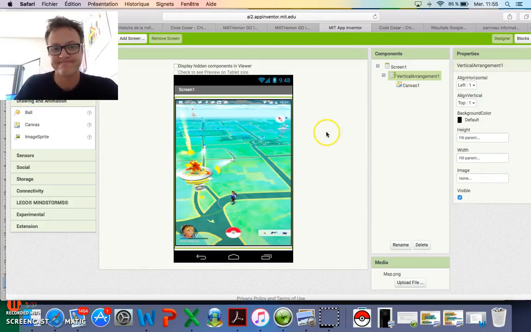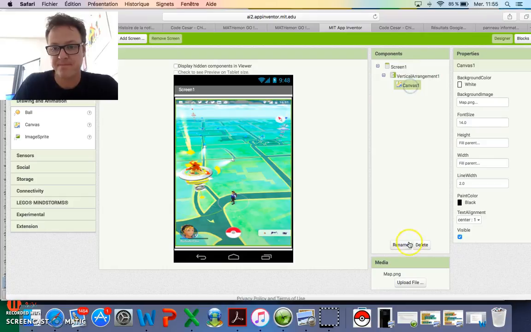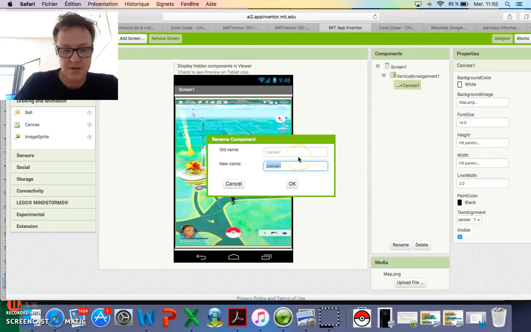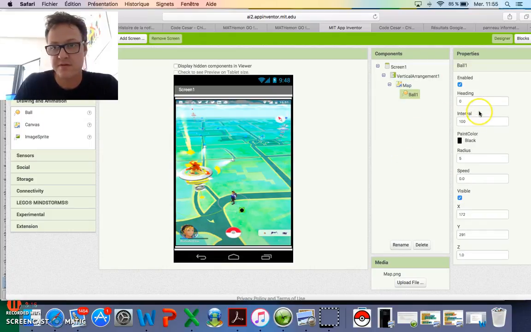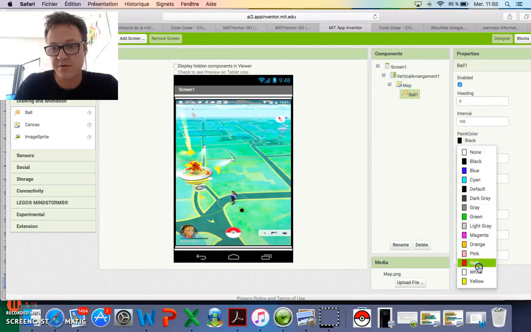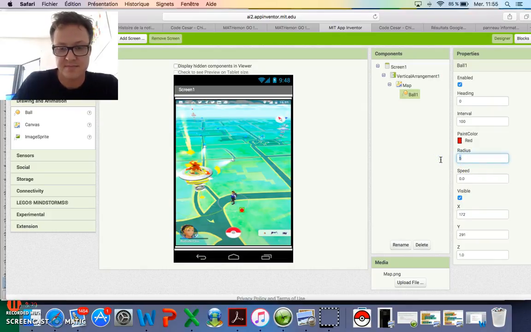Okay, so you can rename the Canvas, new name, map. Okay, now you can add a ball, just drag and drop. You can set up its color and its radius.